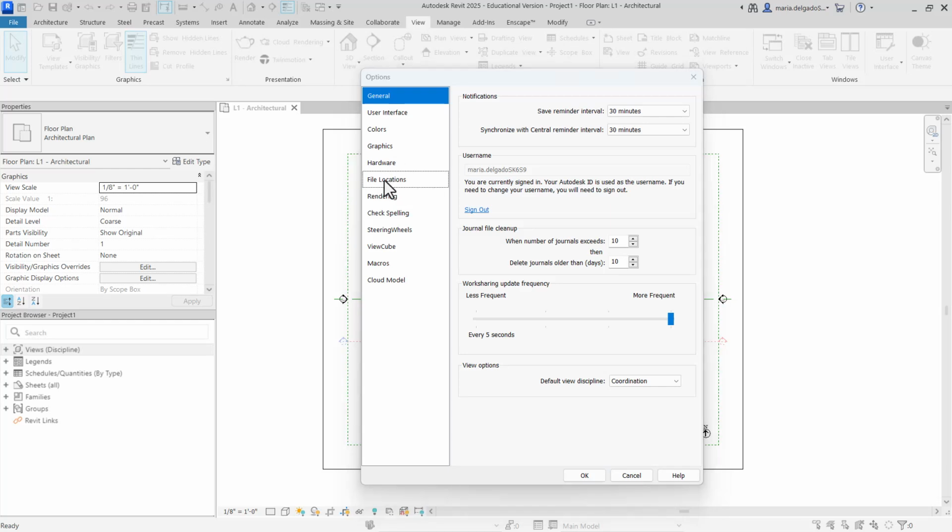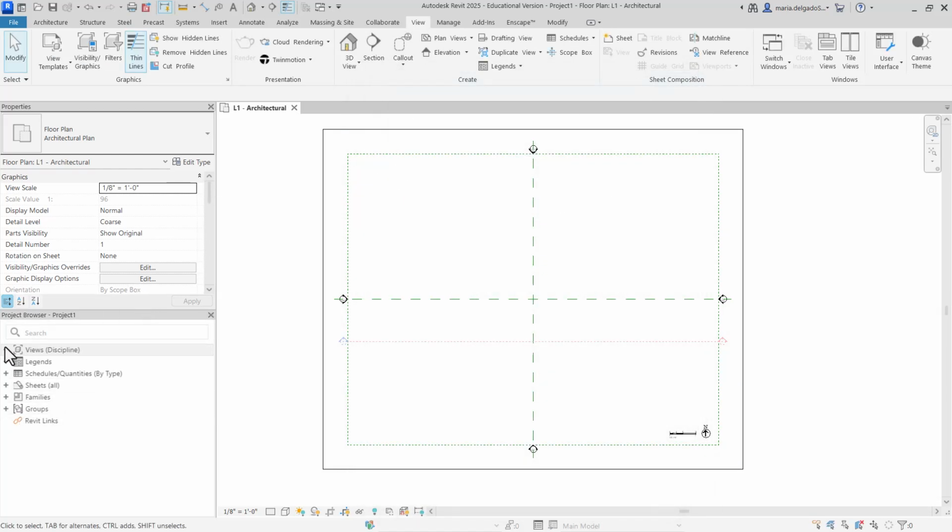If we look again within file locations, it's helpful because that can be a place where you can find different information or save different paths that you want to retrieve information from. So that can be, again, very helpful later on when it comes to bringing in different materials and so forth. And I will close that tab.